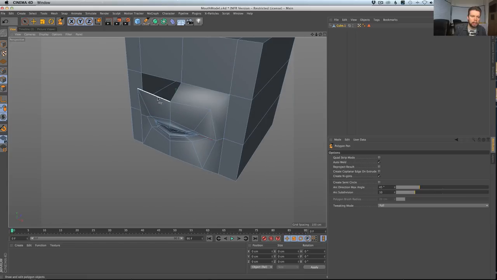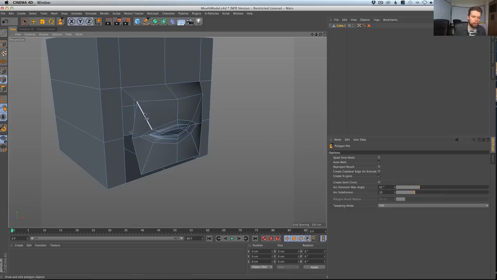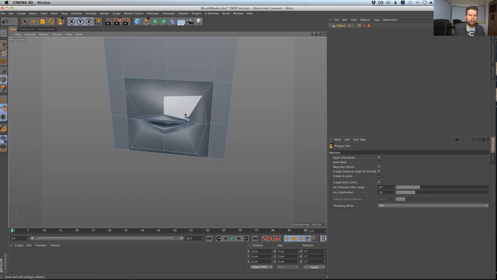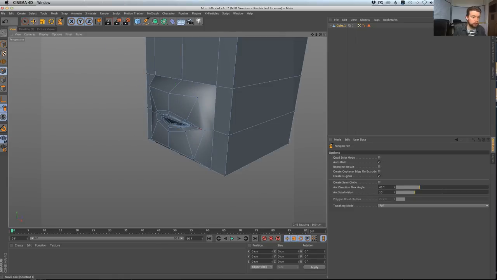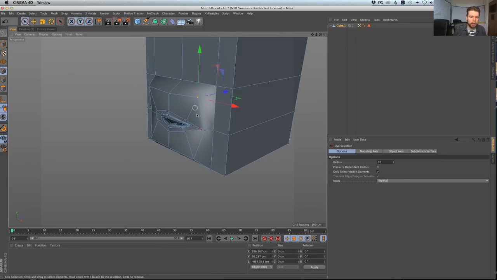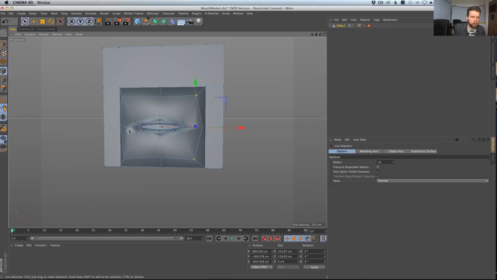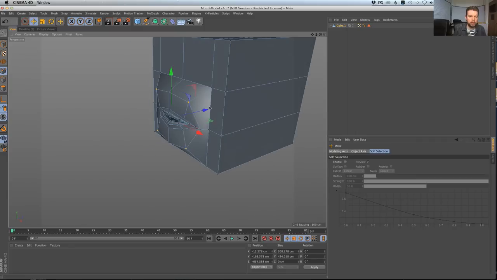Link, link, link, link, link, link. So the point being, we just spent all the time and modeled that mouth out as a special piece of geometry, but we can then very quickly incorporate it into a section of a larger mesh if we're careful about the way we think about it. So if we blend these in a little bit, maybe not make it protrude quite so much.